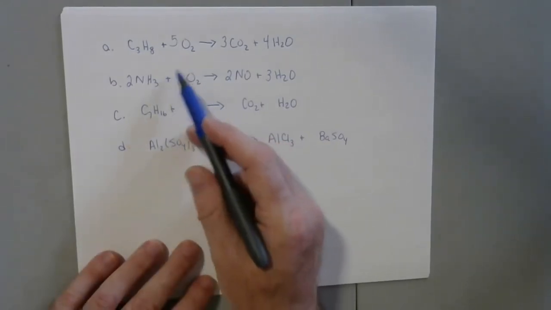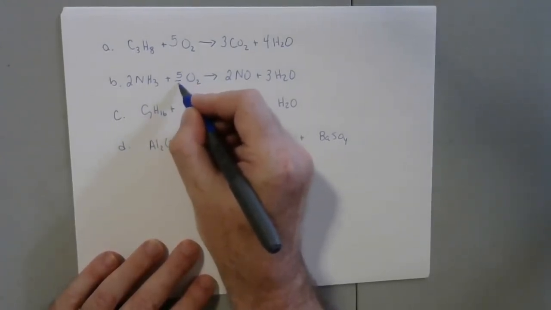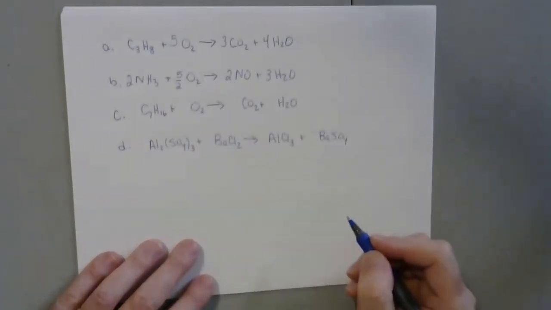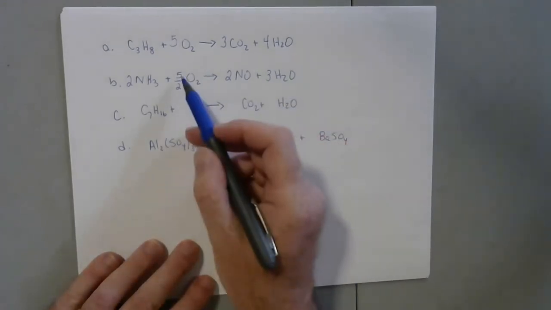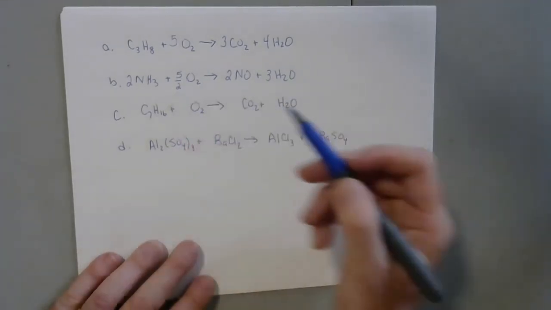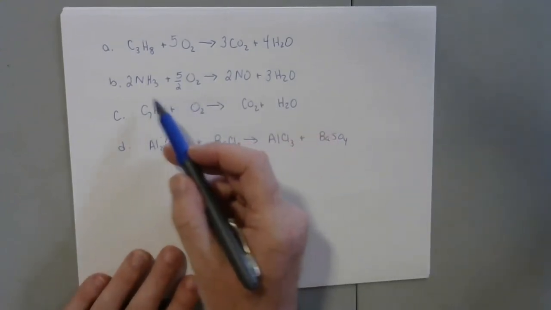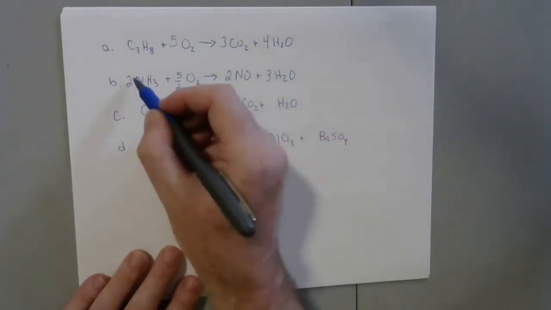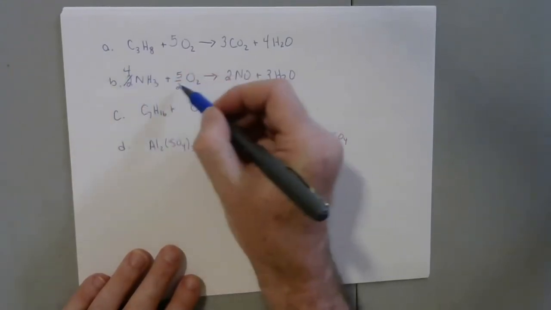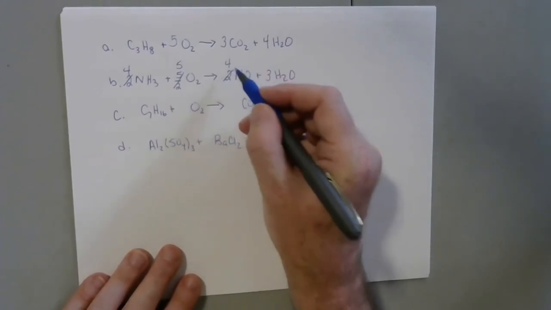I always want the coefficient to be a whole number. If I add a fraction, say 5 halves, that balances it. And so if you've got an odd number of oxygens, it's always the number of oxygens you need divided by 2 is the proper coefficient to balance it, but I need a whole number. So what I'm going to ultimately do is multiply all the coefficients through by 2 to get a whole number. So that's going to become 4, 5, 4,